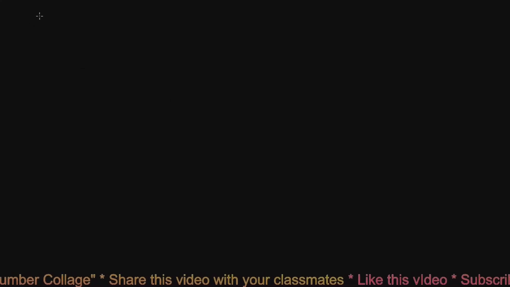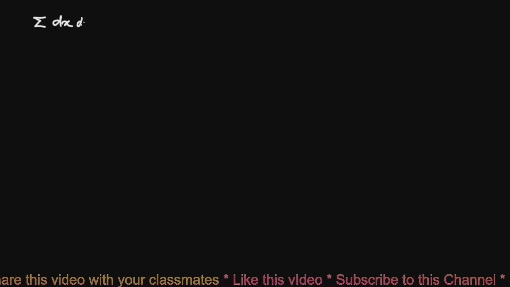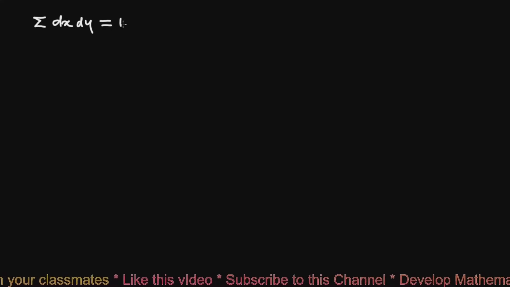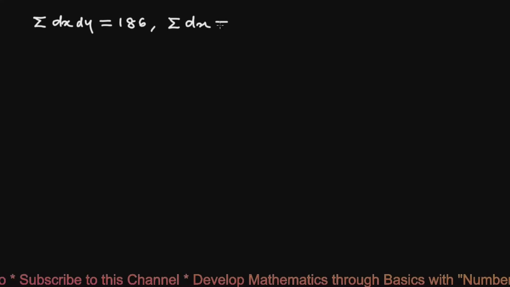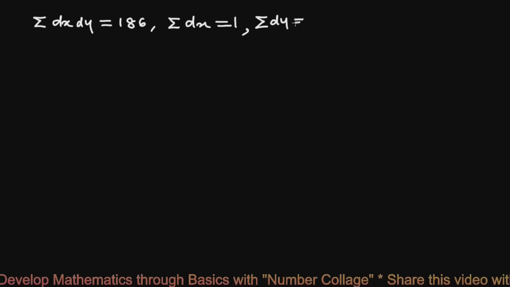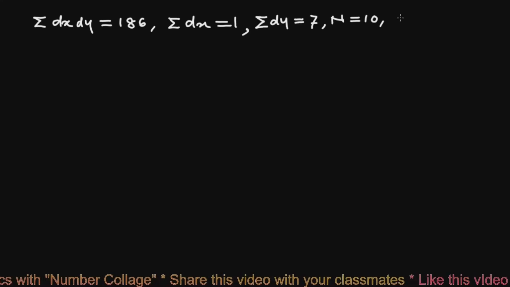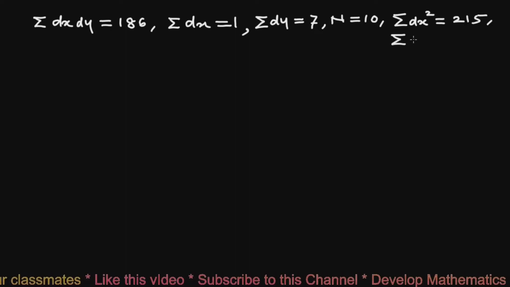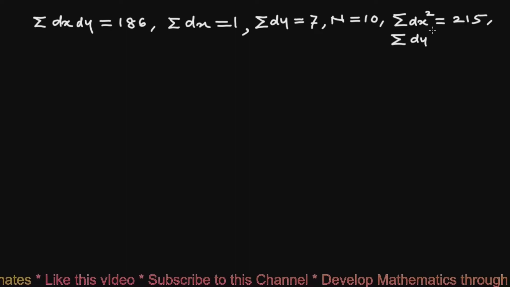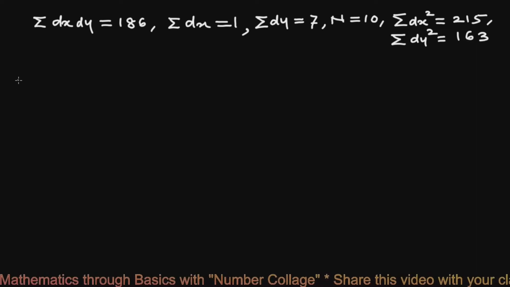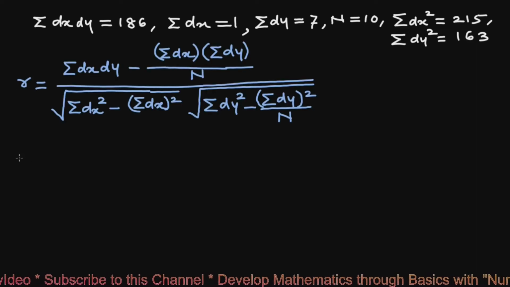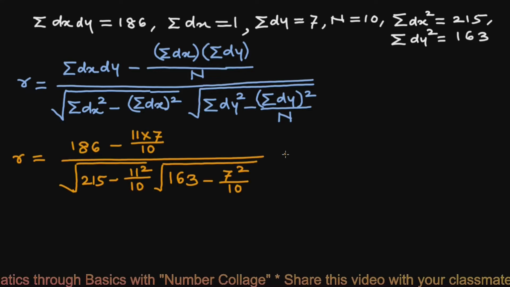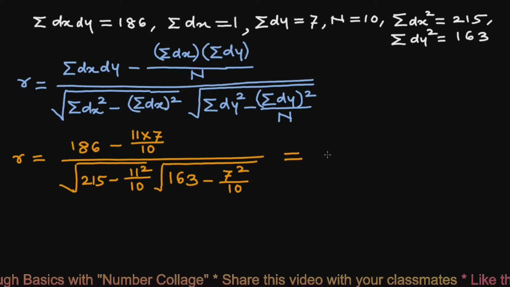Now we will rewrite the values to be used in the formula for r. Summation dx dy equals 186, summation dx is 11, summation dy is 7, n is 10, summation dx square is 215, and summation dy square is 163. We have the formula for r. Now we will substitute the values. The final calculation gives the value of r to be